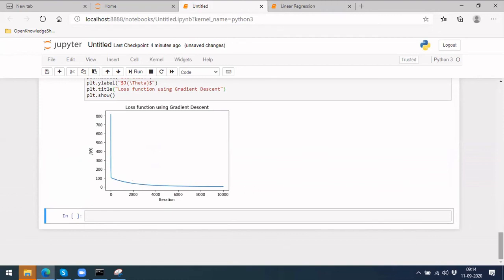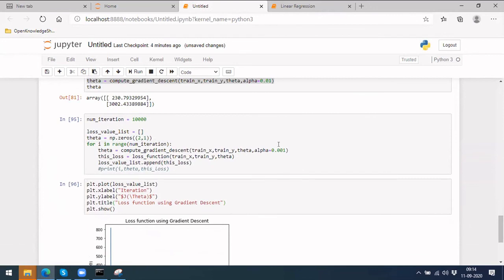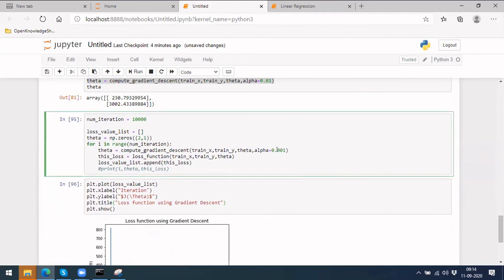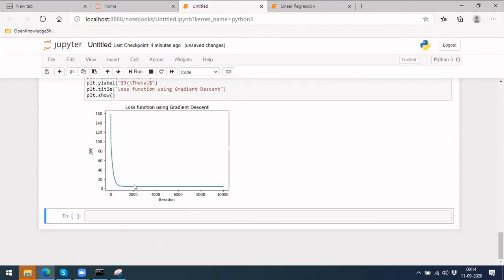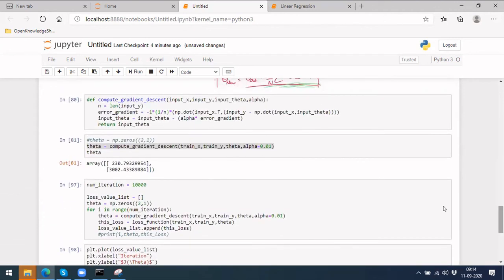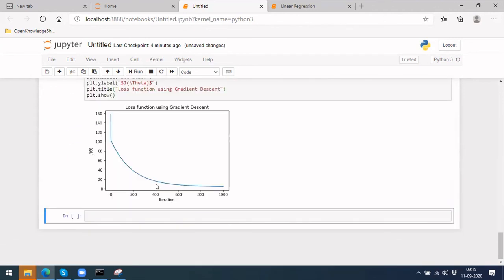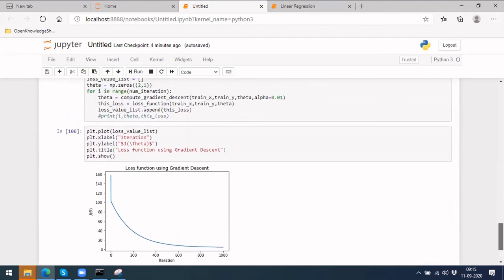So this is the kind of slowness you will get if you use a slower learning rate. Something like 0.01 would be fine. You don't need 10,000 iterations here because it came to zero before itself. In some 1,000 iterations, it was able to come to zero, right? Around 500 to 800 itself, it has come close to 10 or so. So slowly it has decreased here. This is how the loss function looks, like we have seen in our notes, in our lecture.